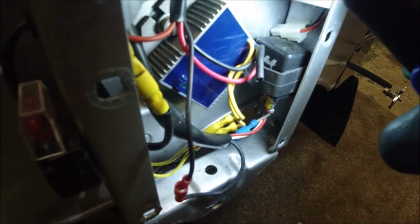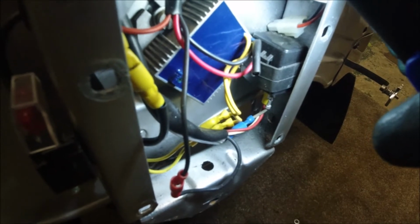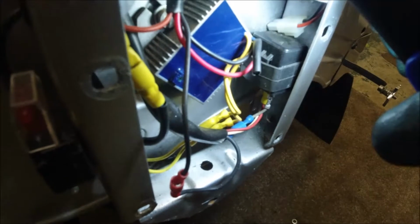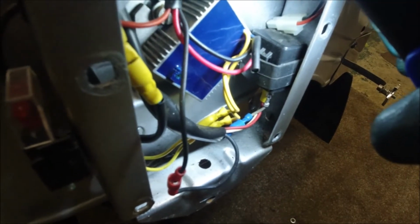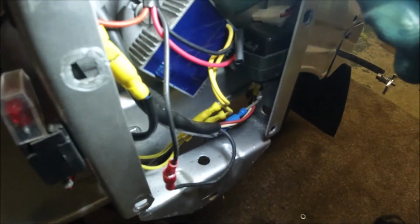With this unit they all come on, so left come on together front and back, and right come on together front and back, and you can wire that if you wanted to do hazard warning. I haven't done that, and this is a full DC Trail Tech